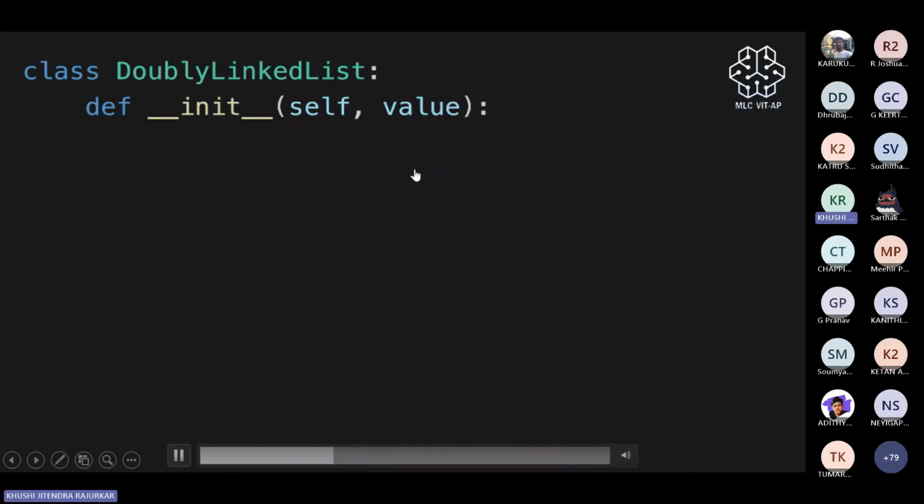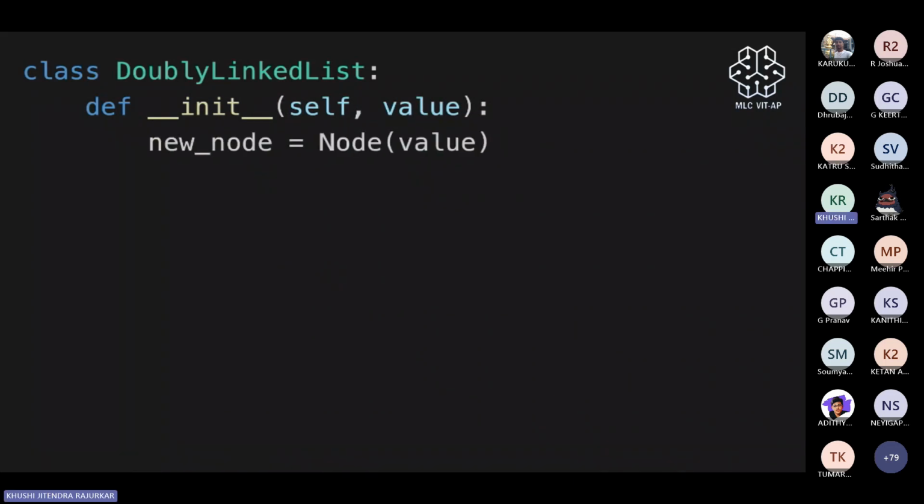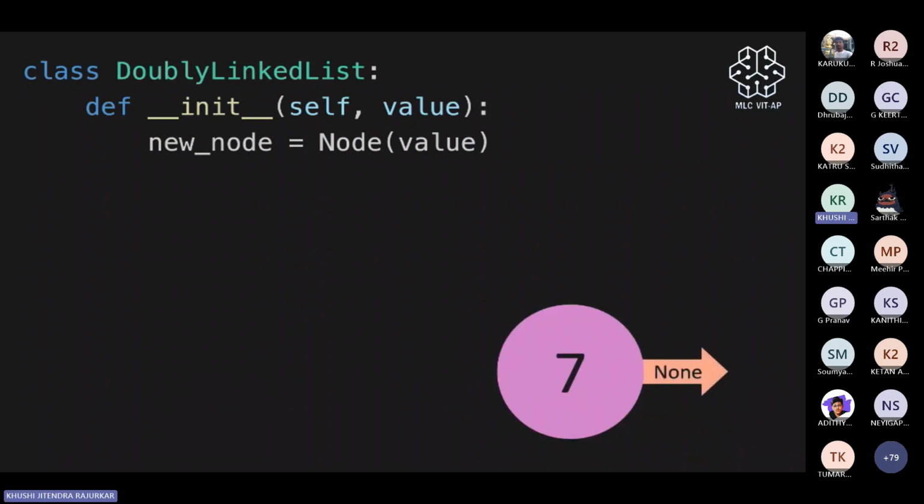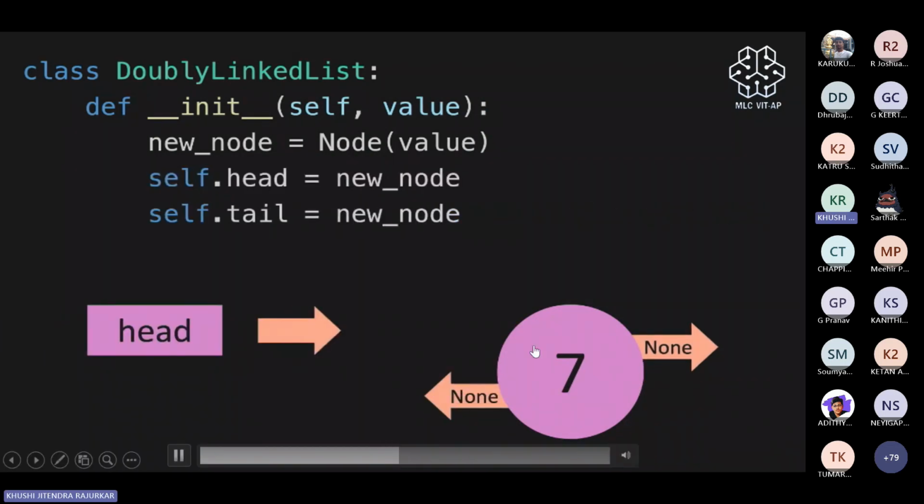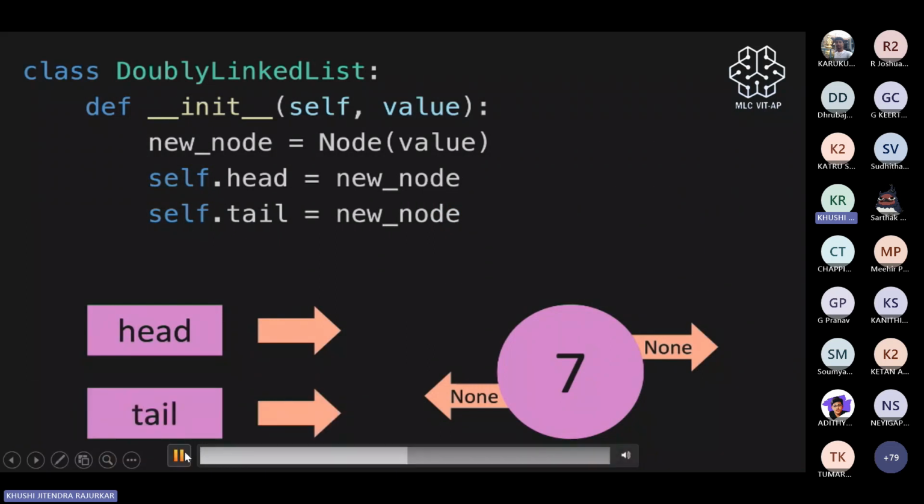We'll define our init function. We'll make an instance of our node class, as you can see here. And your new node will be having a previous pointer, which will be pointing to none, and it will be pointing next also equal to none. And whenever you're initializing a linked list first, since the list is empty,